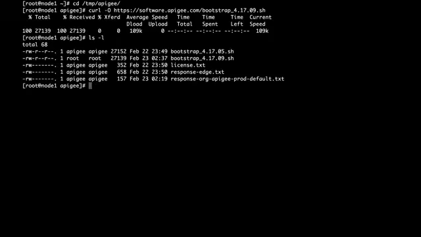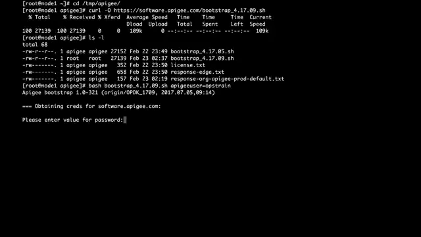The next step is to execute the bootstrap script. You can either make the script executable or prefix the script path with bash, as shown here. Arguments to the script vary, but if you're using the Apigee hosted repository at software.apigee.com, you'll need to provide at least the Apigee user argument. You can also pass in the Apigee password argument on the command line for non-interactive use, but in this example, we'll just let the script prompt us for the correct password.